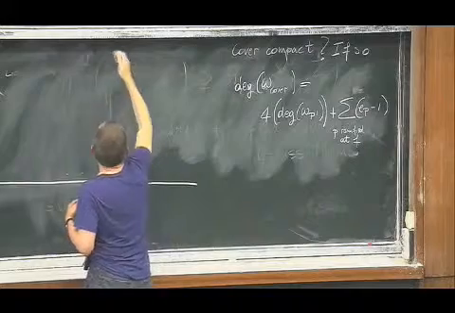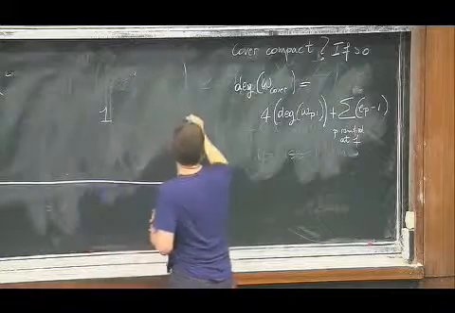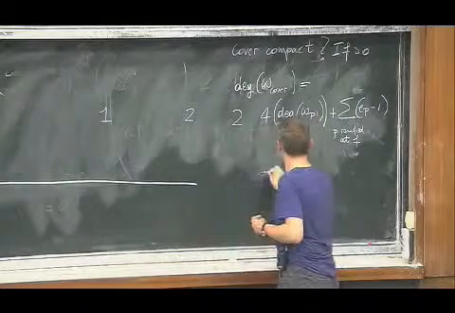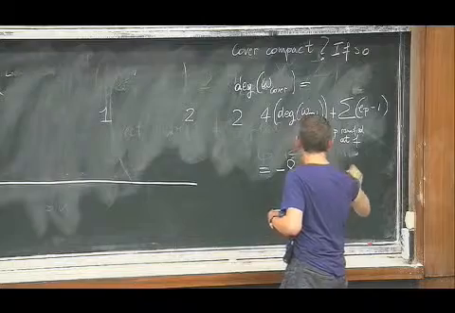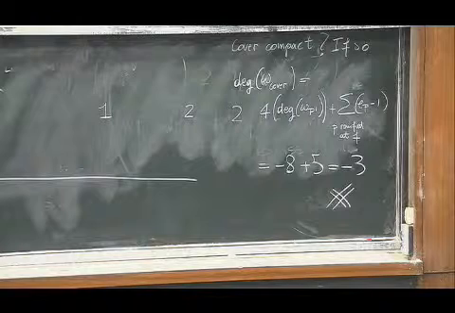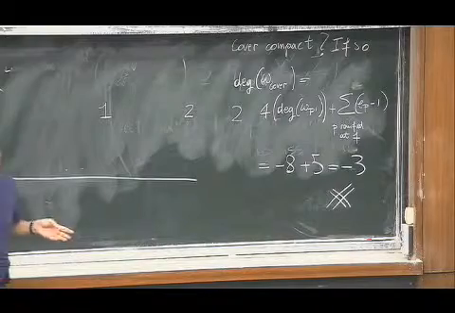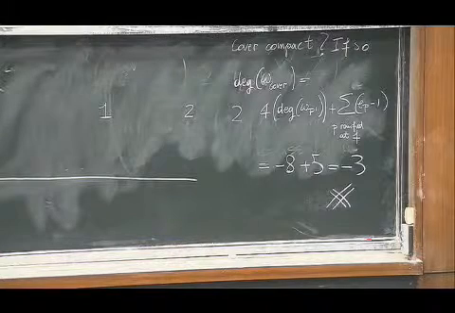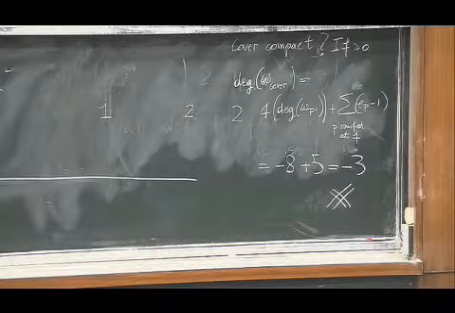Well, in this case, it gives 4 minus 3, which is 1. In this case, 4 minus 2, which is 2. And in this case, 2. So if you put everything together, then you get minus 8 plus 5, which is minus 3, which is obviously a contradiction. This cannot be a smooth cover. Well, it could be singular, you may say, but in fact, it's very easy to see that this is a smooth four-sheeted cover. This poses very little problem.